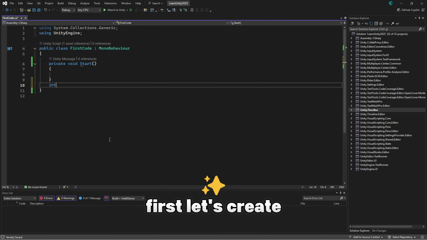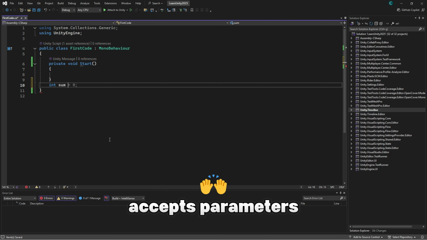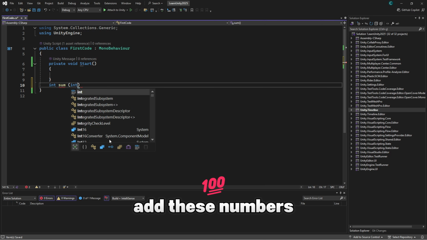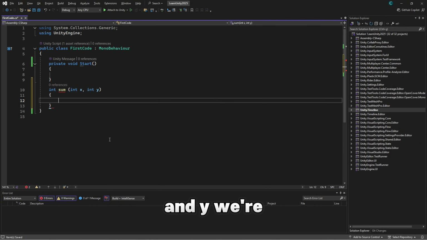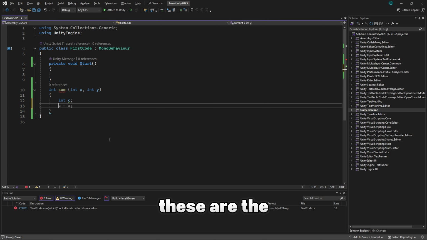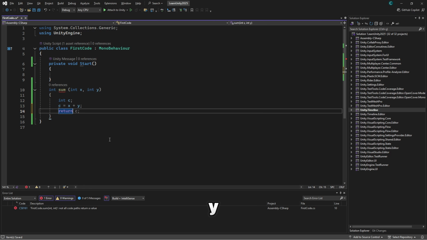First, let's create a function that accepts the parameters. The function will add these numbers together and return the result. In int Sum(int x, int y), we're defining a function named Sum that returns an integer, int. int x, int y, these are the parameters that we're passing into the function. They represent the two numbers we want to add. return x + y;